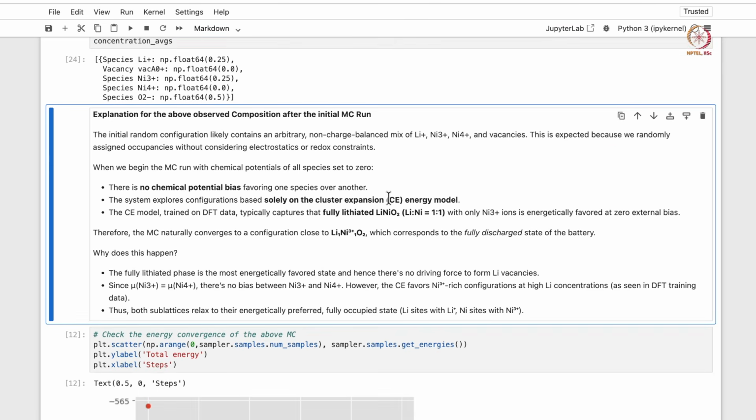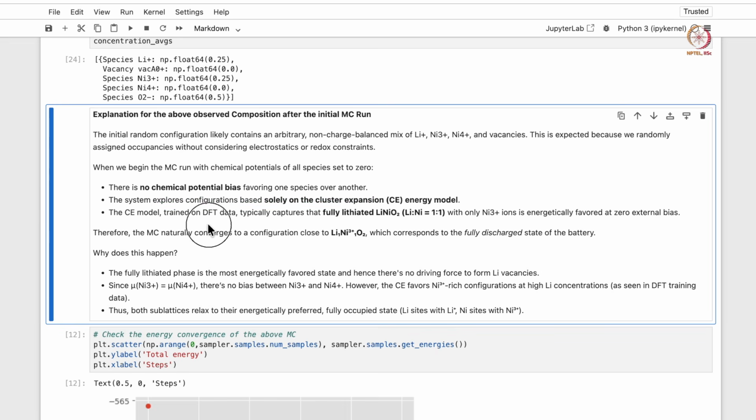When we begin the Monte Carlo run with the chemical potentials of all species as 0, there is no chemical potential bias favoring one species over another. Second, the system explores configurations based solely on the cluster expansion model.